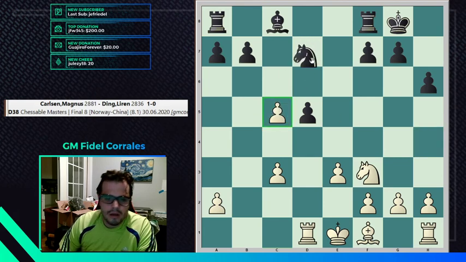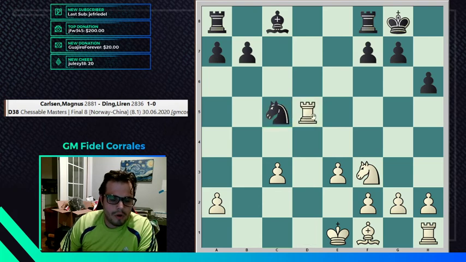As you can see, if you take the pawn, rook takes pawn, and of course white has a pawn. Maybe black has some real compensation, but